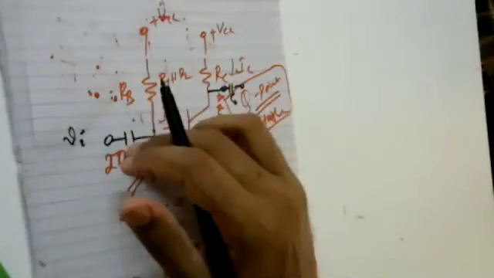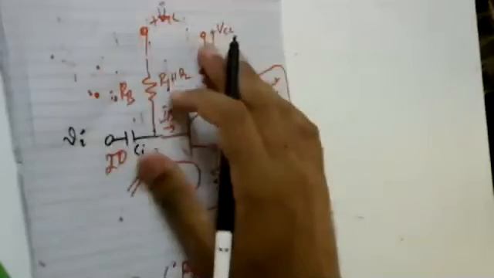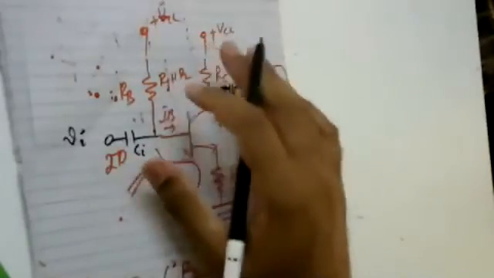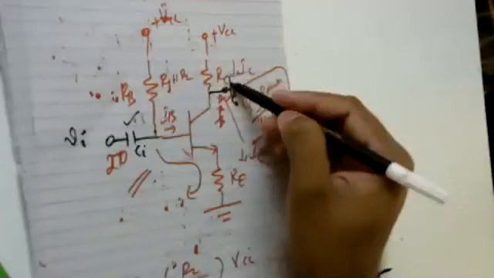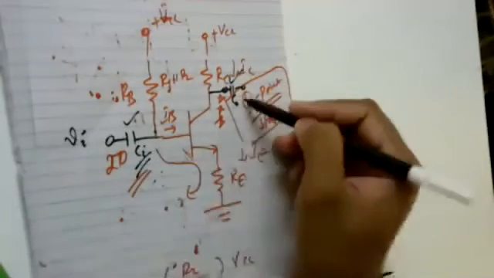So it means capacitors we are not going to use whenever I'm going to perform a DC analysis on the circuit. But whenever I'm performing any AC analysis, at that time the coupling capacitors have to be shown on the input port as well as on the output port. Is it clear to you?